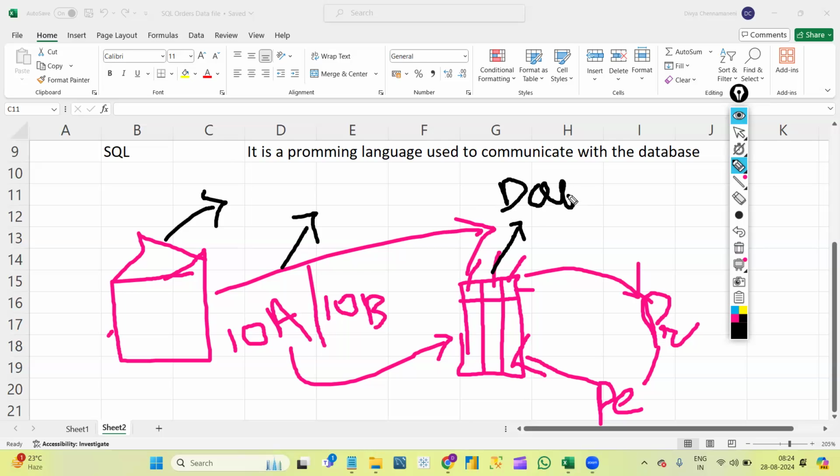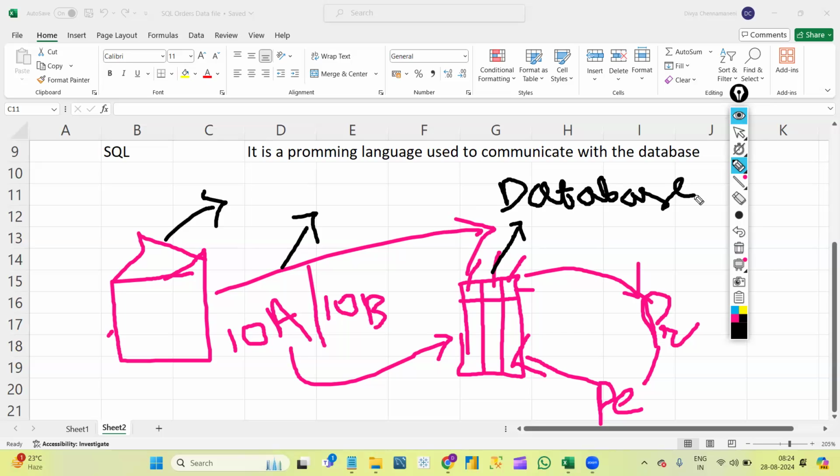Databases, imagine, are something like files. In our laptops we store everything inside folders, correct? Suppose in the D drive we save one folder, and inside the folder we save some files.